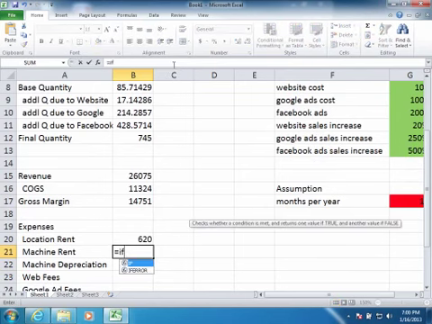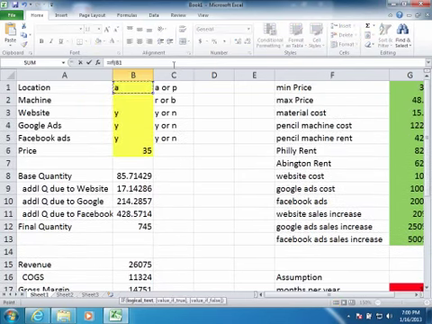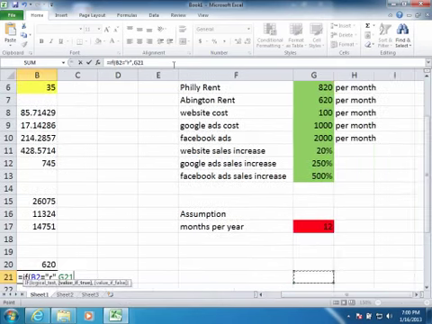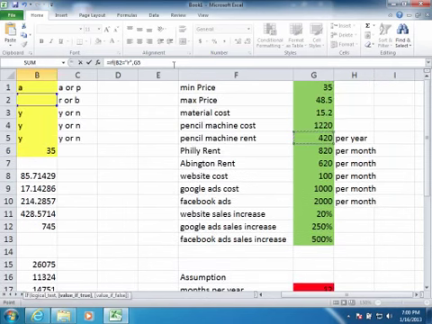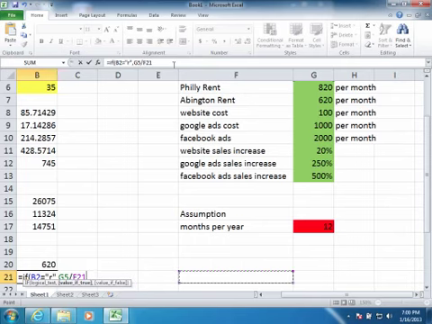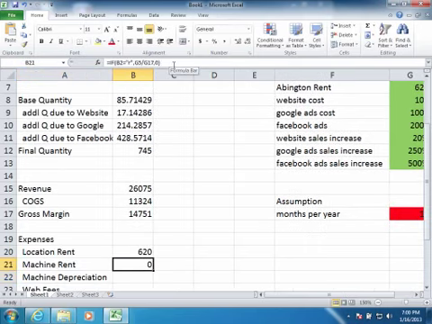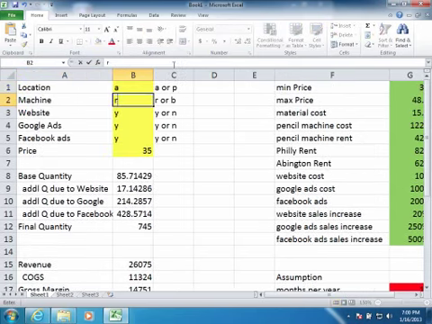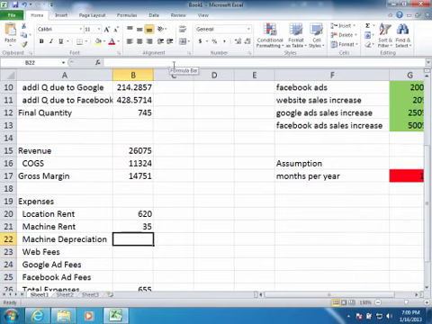Okay, the machine rent is if machine equals R for renting, then we want the machine rent. But notice this machine rent is per year, so we'll need to divide it by 12 to get what it is per month. Otherwise, we're not paying machine rent, so it's 0. So we can see that if we rent, machine rent is there, it's $35 a month. The machine depreciation is equal to if